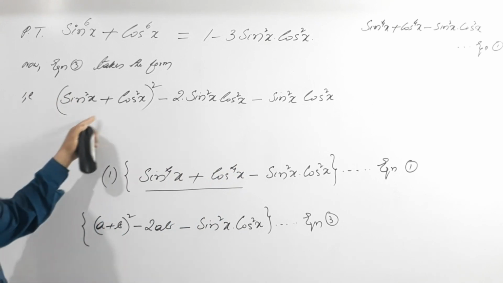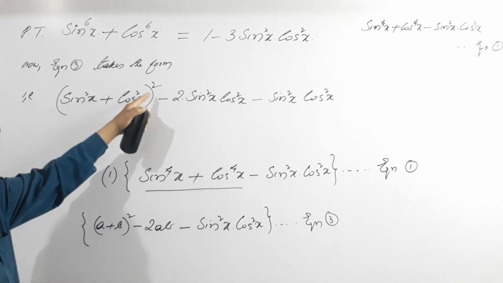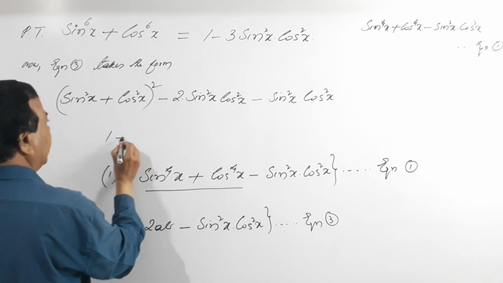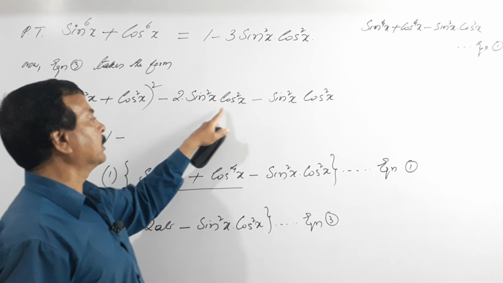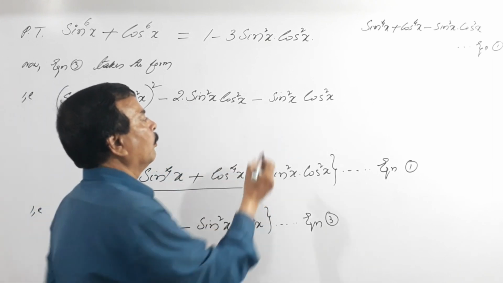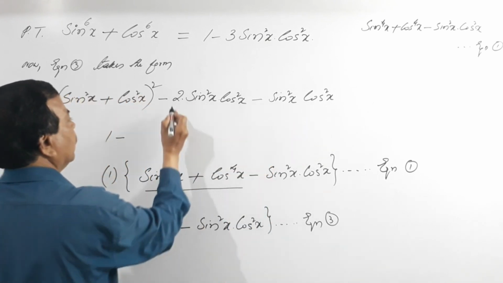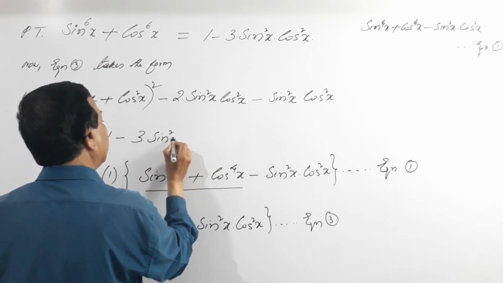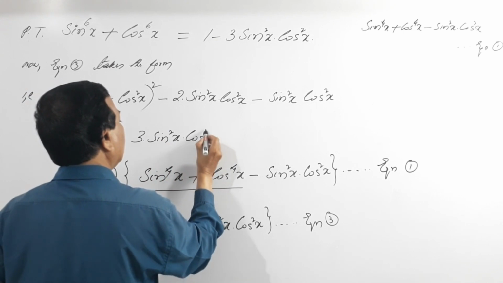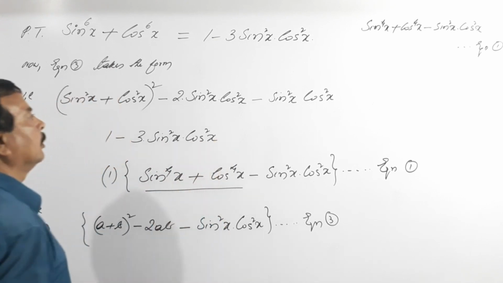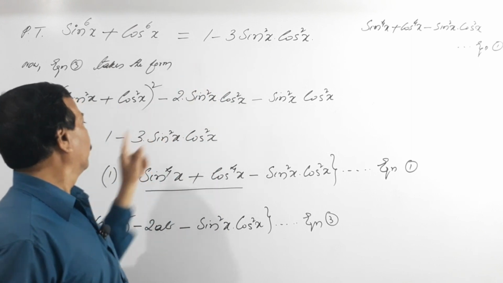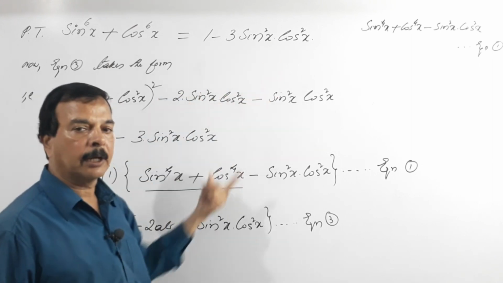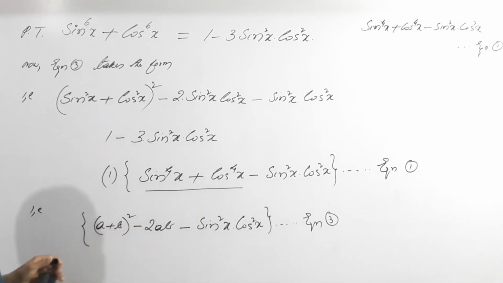We know that sin square x plus cos square x is nothing but 1 to the power of 2, that is nothing but, this becomes 1 minus 2 sin square x cos square x minus 1 sin square x. If you add this, it becomes 3 sin square x into cos square x. इसको क्या चाहिए, 1 माइनस 3 साइन स्क्वायर एक्स इंटू कॉस स्क्वायर एक्स आ गया। बहुत आसान सा, क्यों नहीं